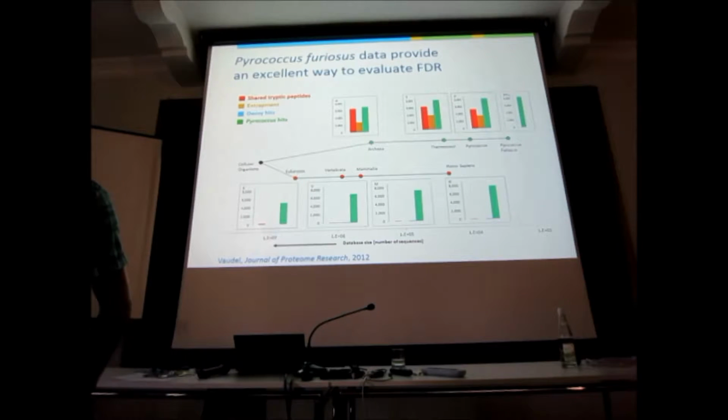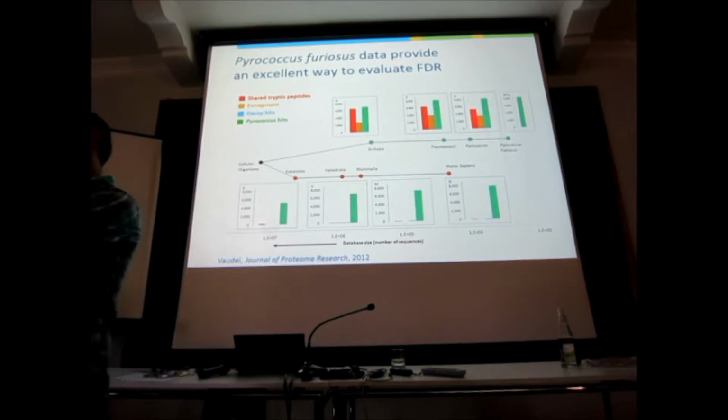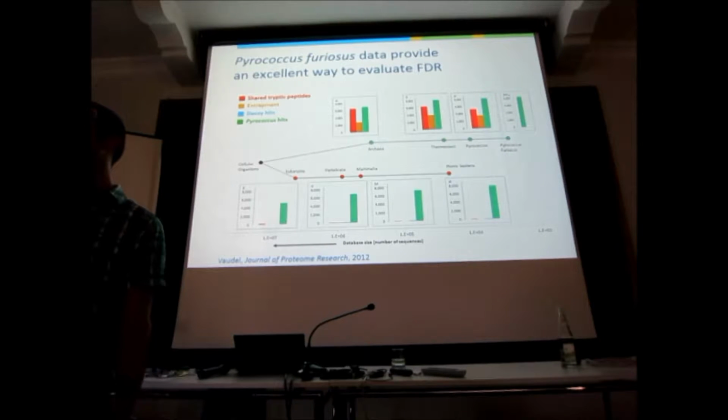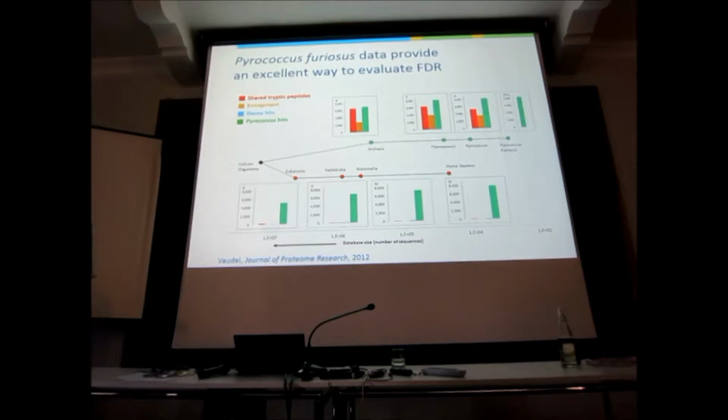Okay? Let's go through that again. Decoys mean if I get 10 decoys out of 100 total hits, the 10 decoys are a model for 10 wrong hits in the real search. So I've got 10 out of 100 that are wrong. So my FDR is 10%, 10 out of 100.